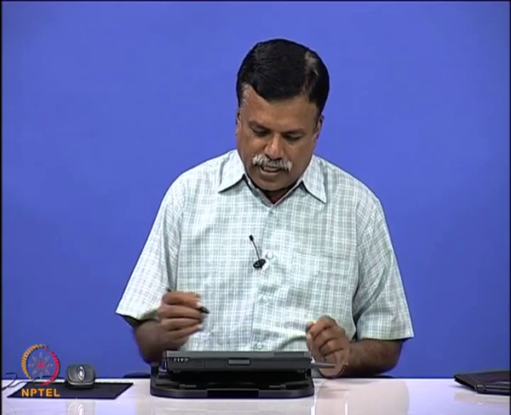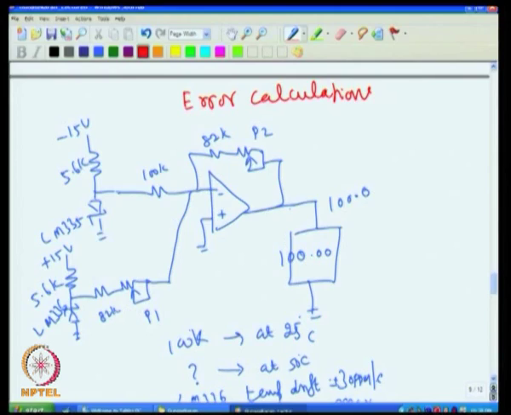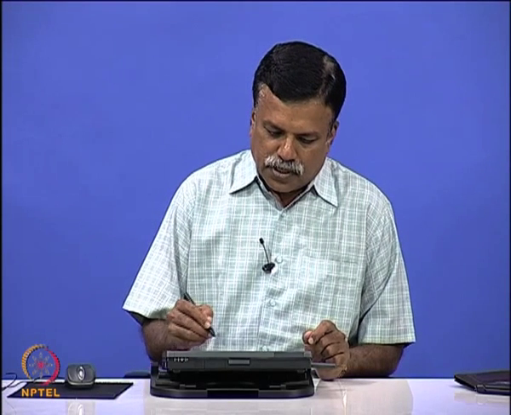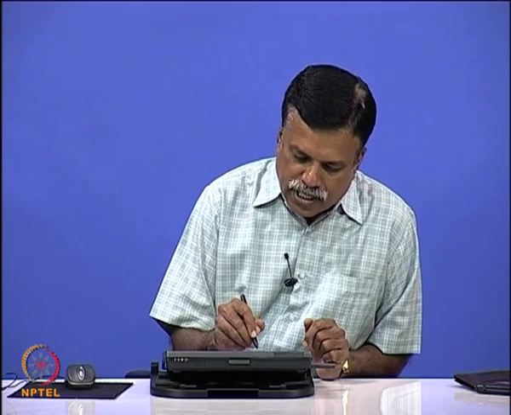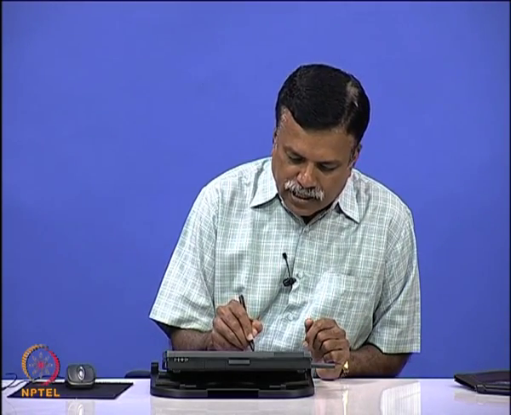We discussed the temperature indicator, and this is the circuit that we used in the previous class to construct it. Now, in this class we will discuss how to compute the various errors involved, because in analog circuits error computation is very important. Whatever we construct should give an accurate result. So, this class will concentrate more on error calculations,